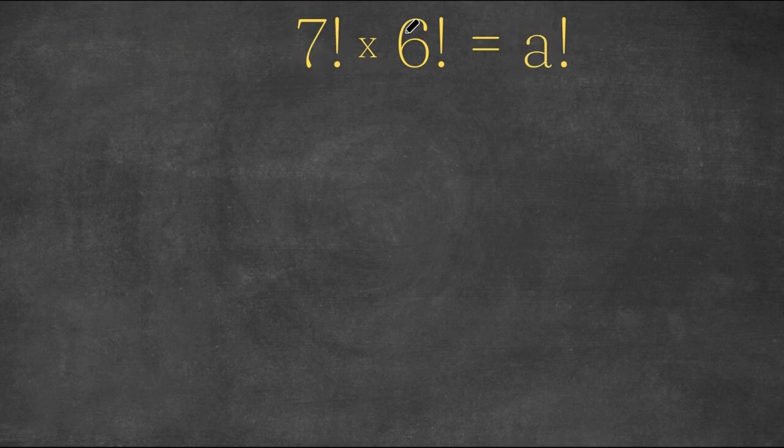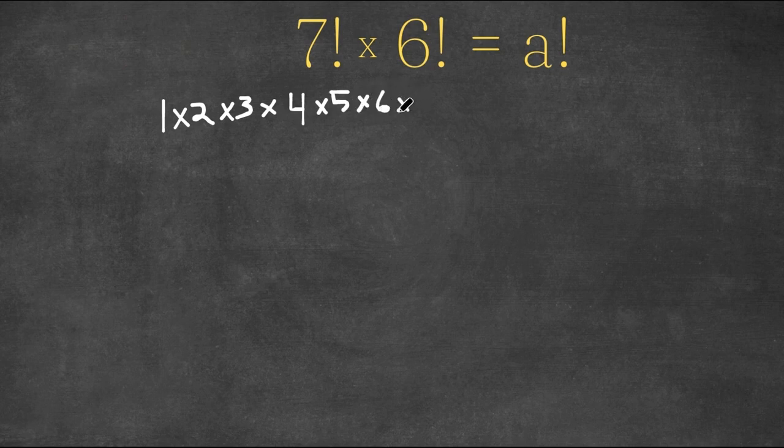Well, first, let's rewrite these. 7 factorial is the same thing as 1 times 2 times 3 times 4 times 5 times 6 times 7. And we are multiplying this with 6 factorial, which is the same thing as 1 times 2 times